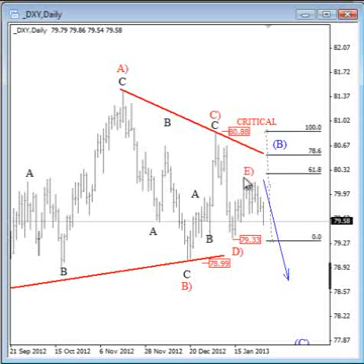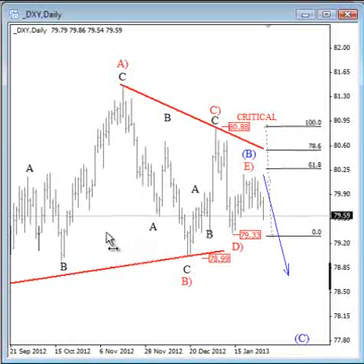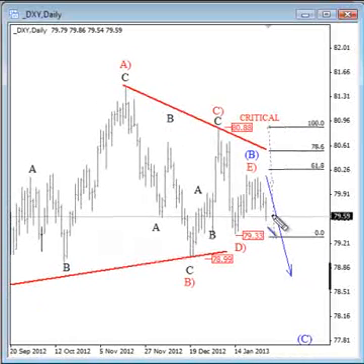Notice that I already labeled the end of wave E here, and the reason I'm looking for a possible end of wave E here is on the 1 hour chart. I will show you this wave count later, but before we may completely be sure that this market is headed